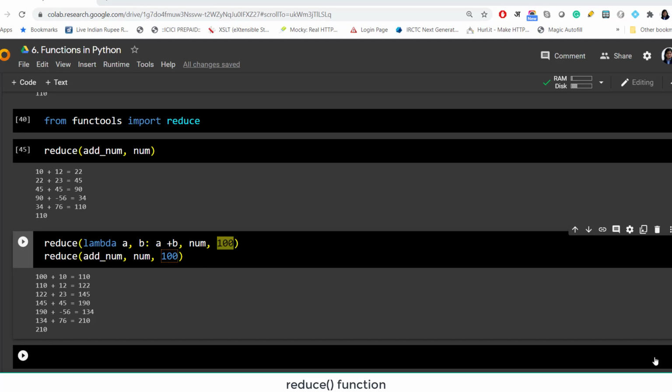A few years ago, Google developed an algorithm to manage big data, and the name was MapReduce, and they were inspired by using map and reduce functions behind the scenes. Although over the years we have many other alternatives which are even more effective, and those have replaced the MapReduce algorithms.